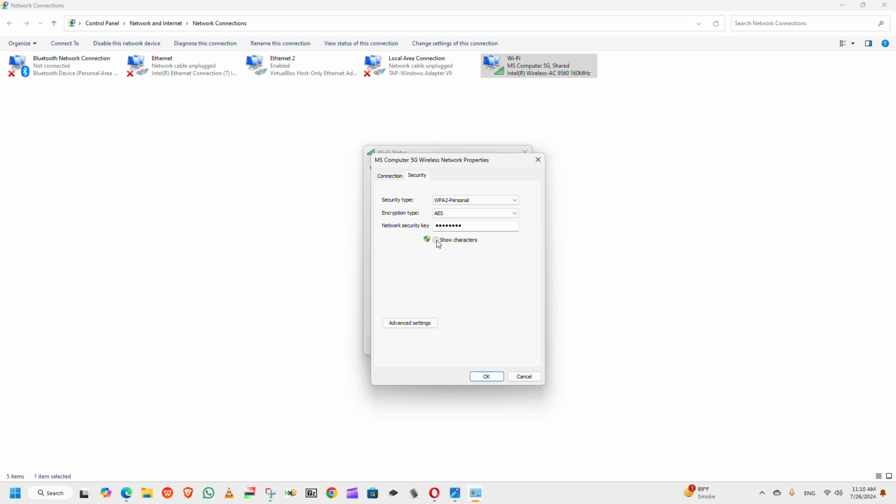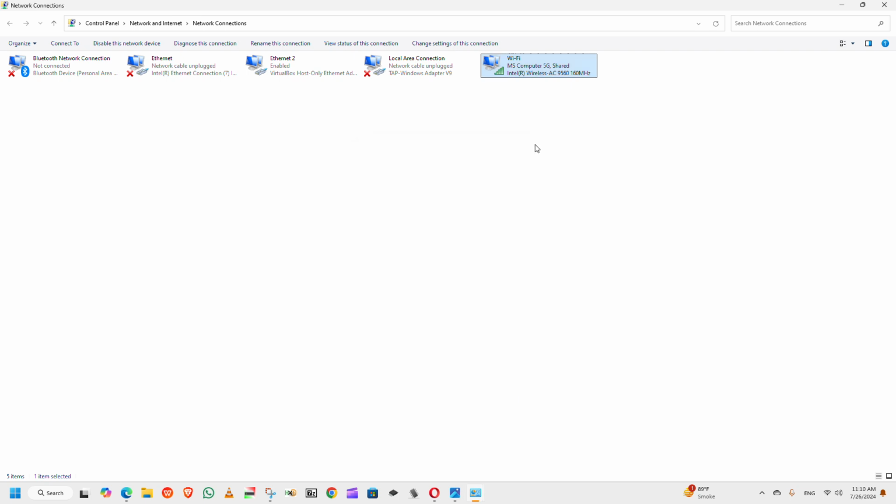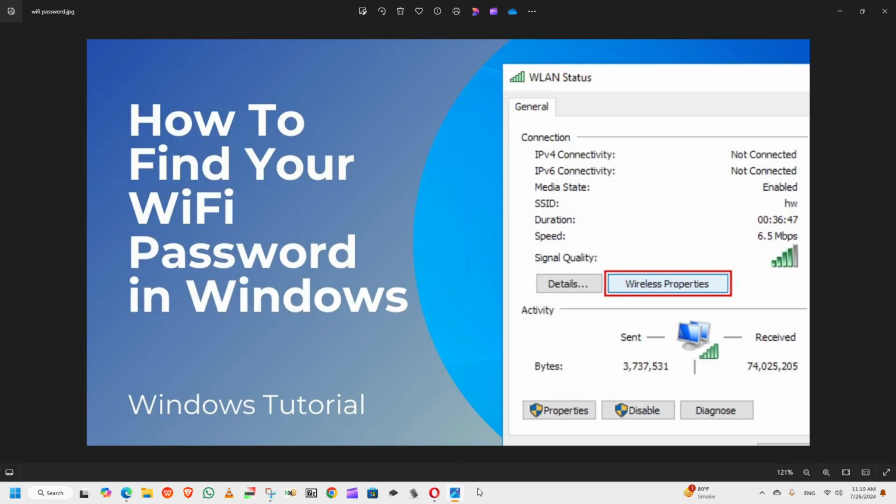जस्ट क्लिक ऑन शो करैक्टर्स। You can see this is my password. Okay, so this is the first way that you can know your password. The another one I will tell you, it's almost same. कुछ ज़्यादा फ़र्क नहीं है इसमें। Okay, but for this, if you don't want to go to your